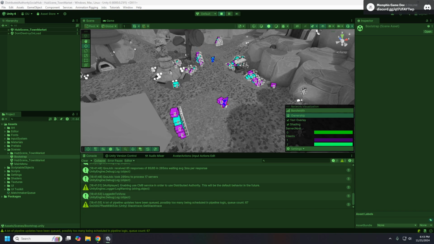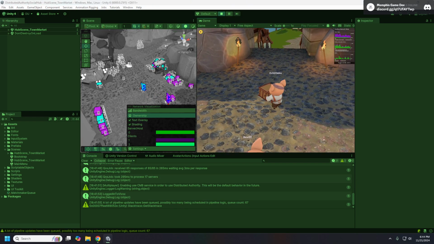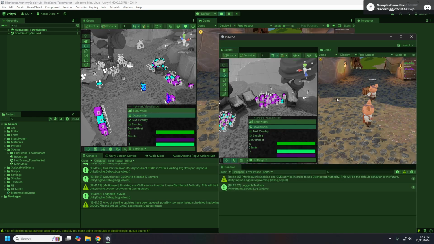I can see one of these boxes here. When I grab it, it requests ownership for my player. I put it down, and here we can see.